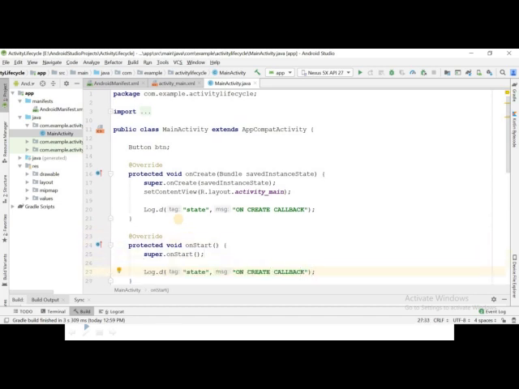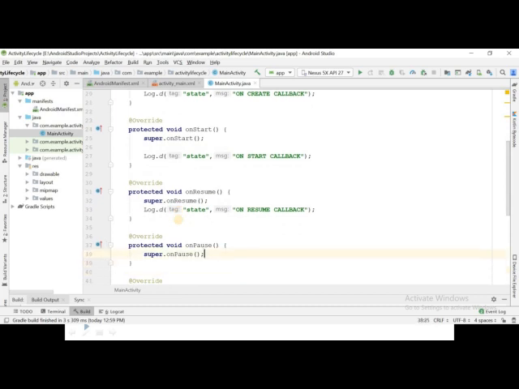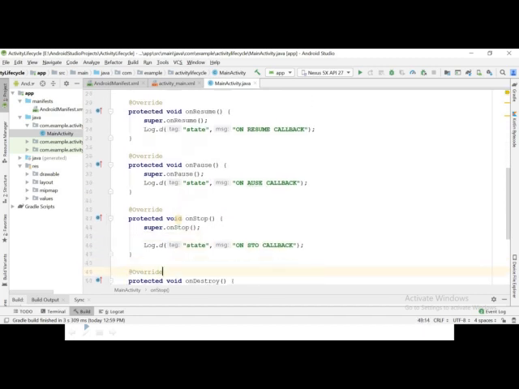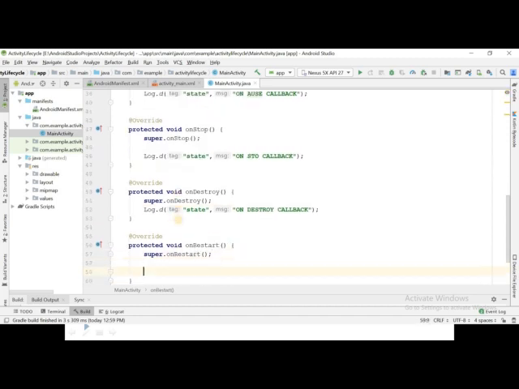So in the onStart method, we will write onStart callback, in the onResume method, I will write onResume callback, and then I will write onPause callback here. So P is not working again. In this method, I will write onDestroy, and in this I will write onRestart.